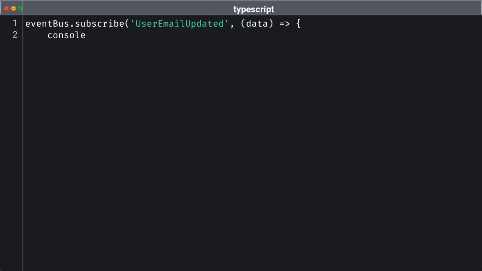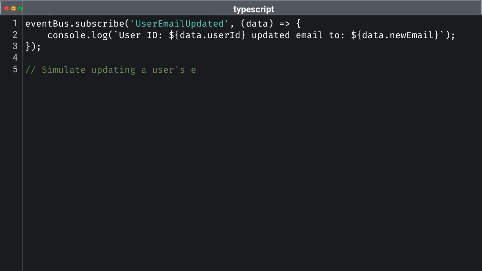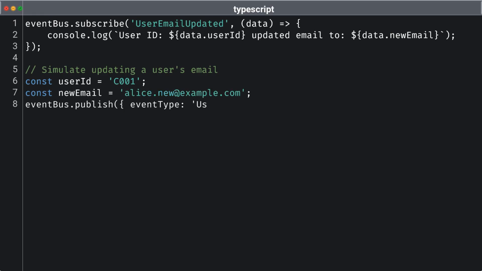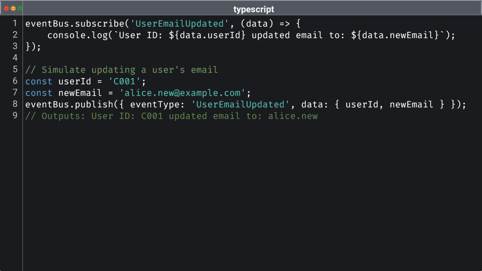Now let's implement the mechanism for notifying the order service whenever a user updates their email address. We start by subscribing to an event, user email updated, within our event bus. This allows the application to listen for a specific event, and when the event is triggered, it will execute a callback function, logging the user's ID and the new email address. This establishes a clear connection between the change in user information and the order service's potential need for that updated